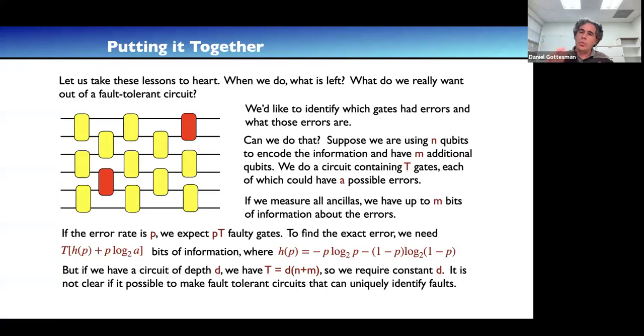Okay, so when we do that, what do we have? We can say we have some circuit. If somebody gives us a fault-tolerant protocol, and we don't know anything about how it was created, we can just think of it as some sequence of gates. Some of those gates are in parallel, some of them are sequential, but we have some procedure in the fault-tolerant protocol to identify where the errors are. Originally, in the old model of fault tolerance, we wanted to say which qubits the errors were on, and by controlling error propagation, we made sure that the errors stayed on those qubits.